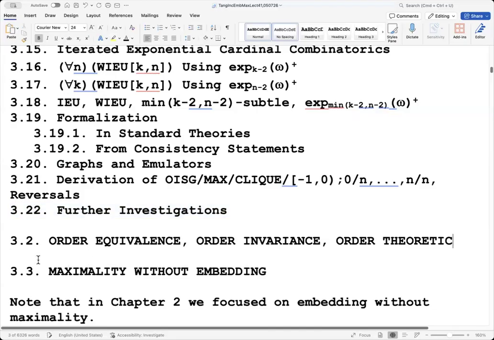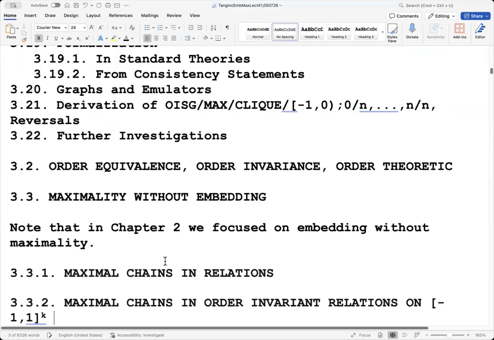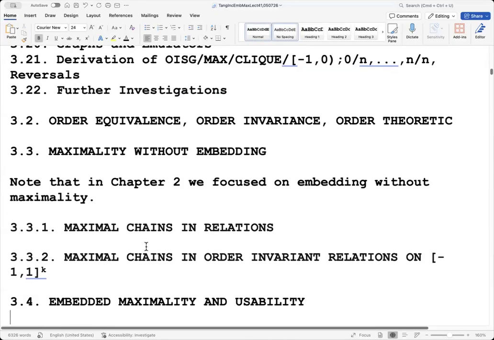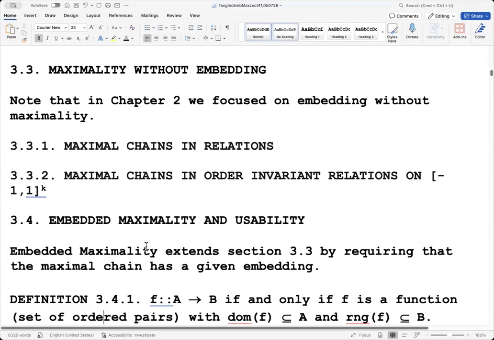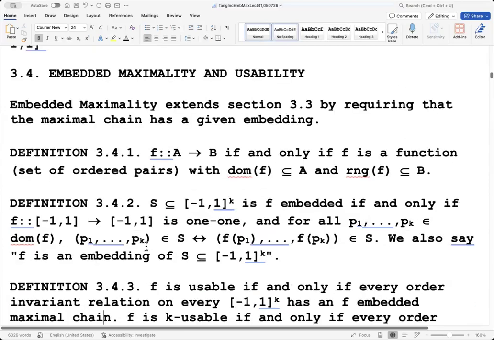All right, so this is all the same. In chapter 2, we have embedding without maximality. Here we have maximality without embedding, which is all background stuff. And then we get real stuff. This is a subsection, maximal chains and order invariant relations. That's just a subsection. All right, and then the book really starts here,